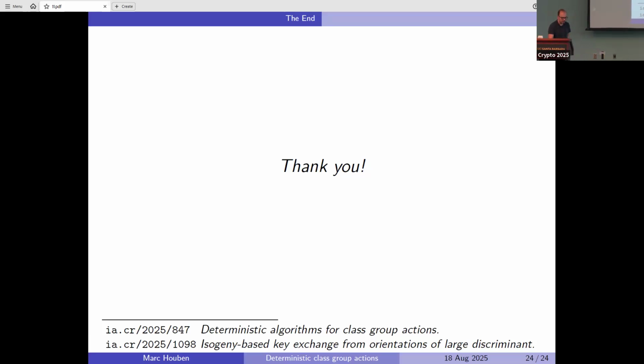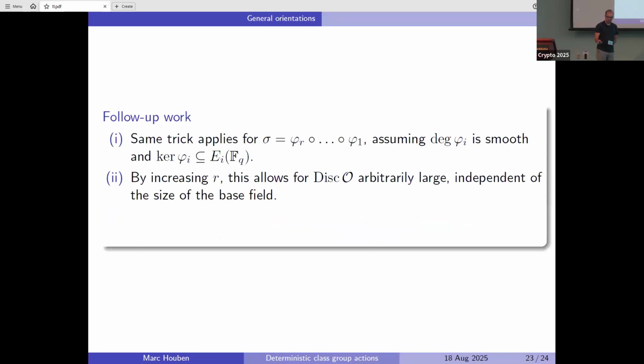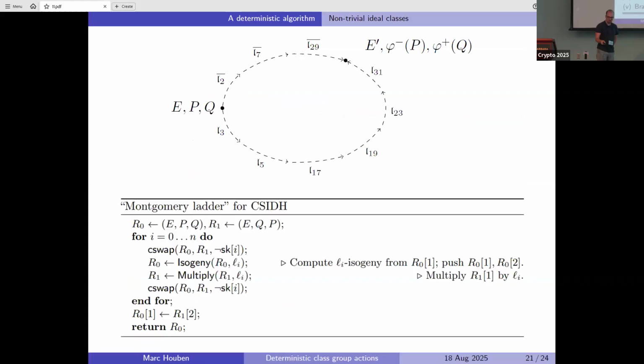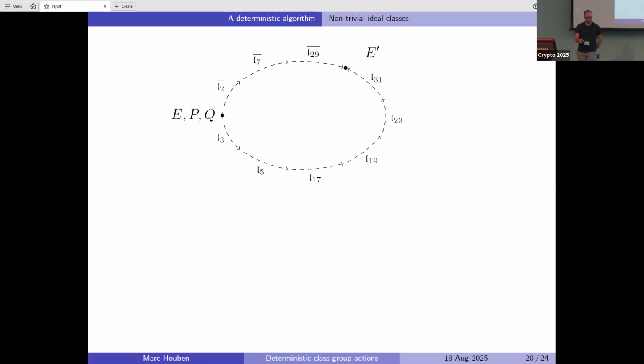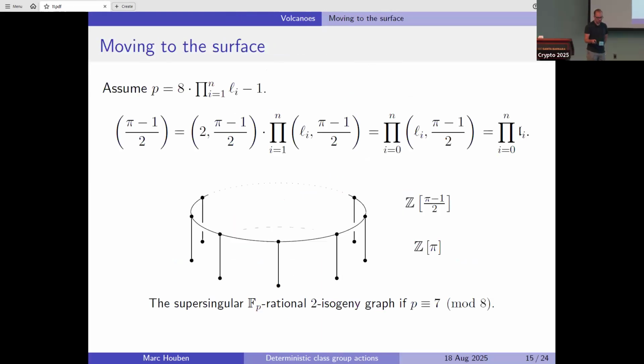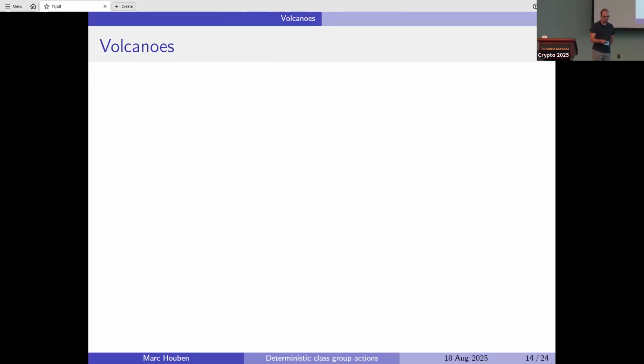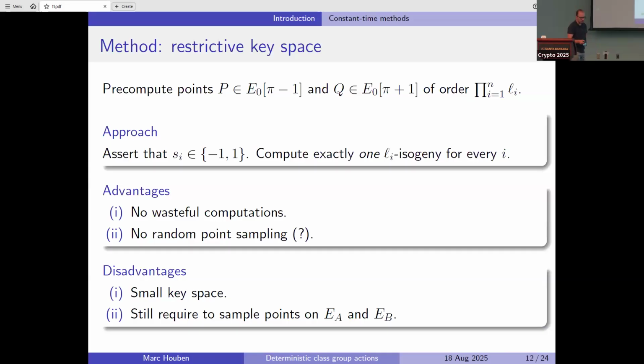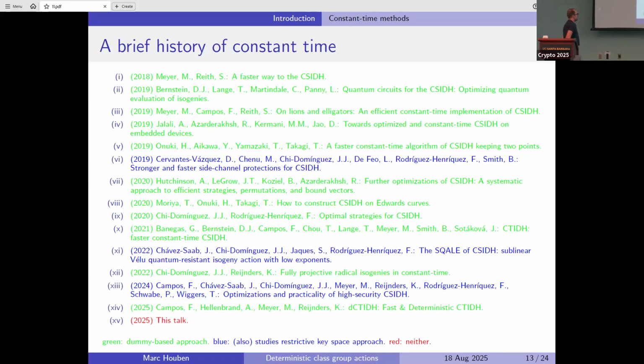Yeah, so it's at least as efficient as some of them. Of course, we avoid the random point sampling, which actually makes it, I would say, more efficient than most of them. The ones that it's not as efficient as are the ones that use this trick from CTIDH. It's called the Matryoshka isogenies. So it's another way to use dummy operations where